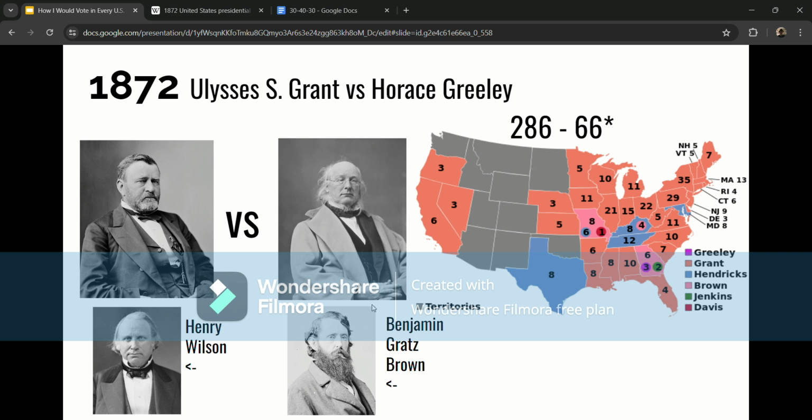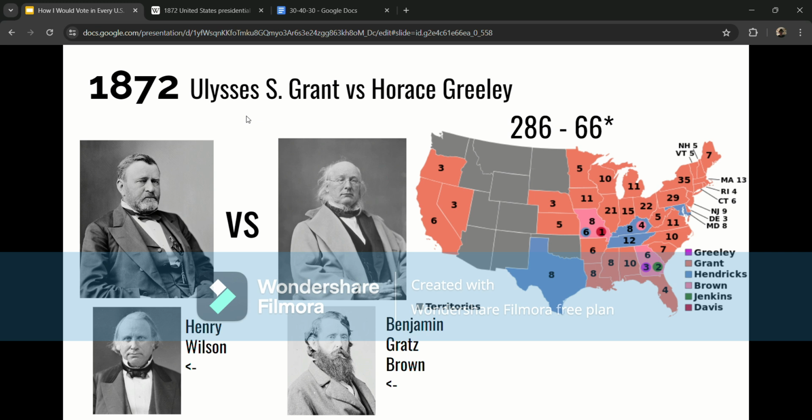Very fascinating figure, though. Again, as a journalist, pretty much all of his beliefs and his platform, his character, everything was on full display for everyone to read and pretty much tear apart and nitpick. He read Marx. He was a spiritualist, like communicated with the dead, vegetarian, very radical figure for his time, or at least what was seen as a radical at the time. But even though he would have definitely liked the Reconstruction policies and would have wanted to continue it,